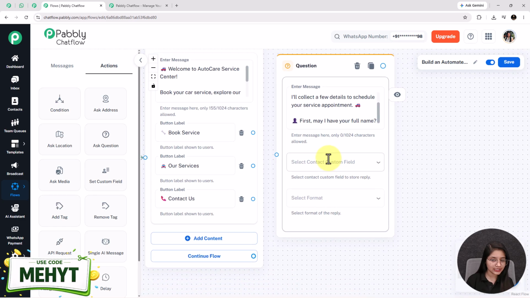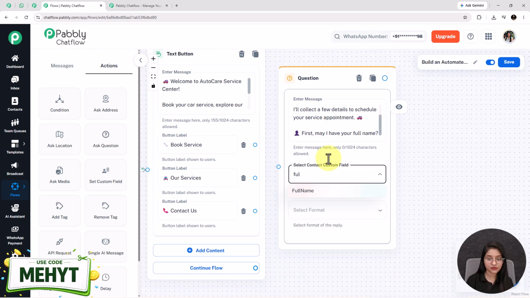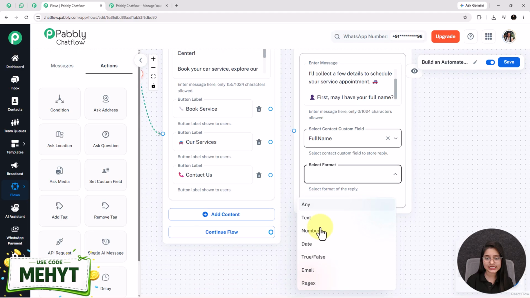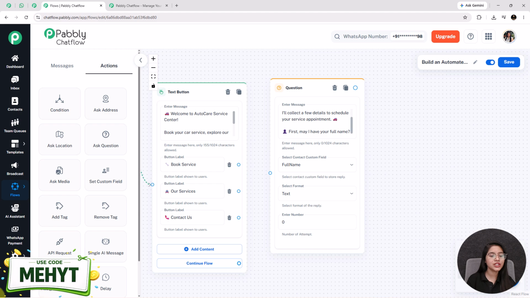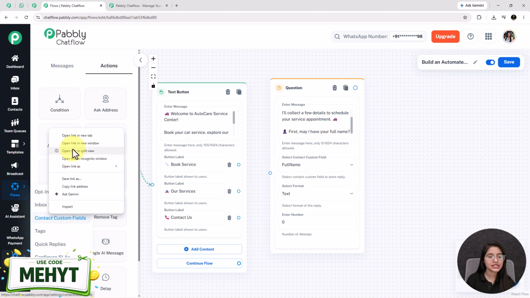For that, I am selecting the contact custom field as full name and the format as text, as name should always be in the format of text. Now, for creating a contact custom field, you need to click on the settings option and go inside this contact